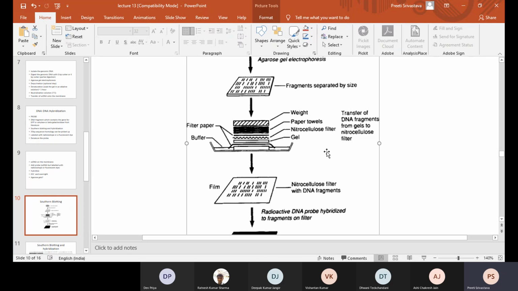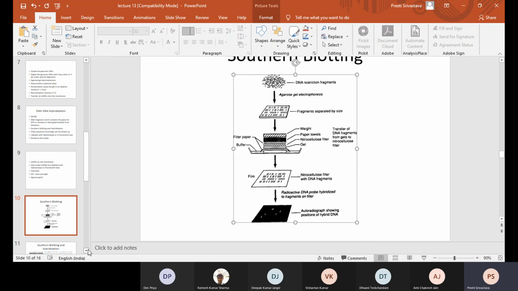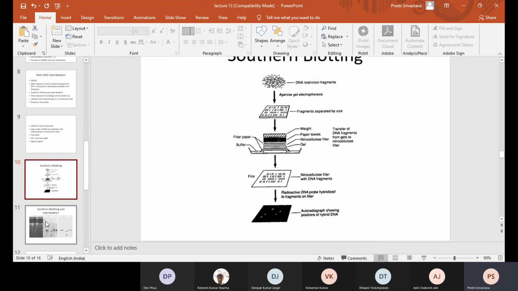But people do use electroblotting, and these apparatuses are also available quite a lot. For proteins, we do have it in the UG lab as well, but we almost always require an ice bag or something. So is it clear, class? And this is how it would look.